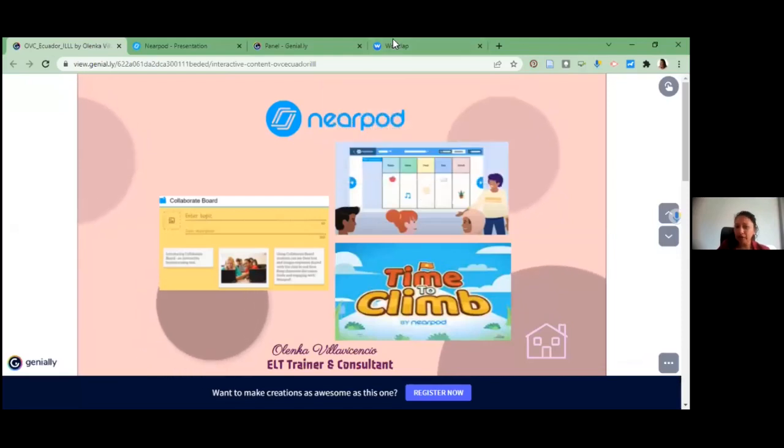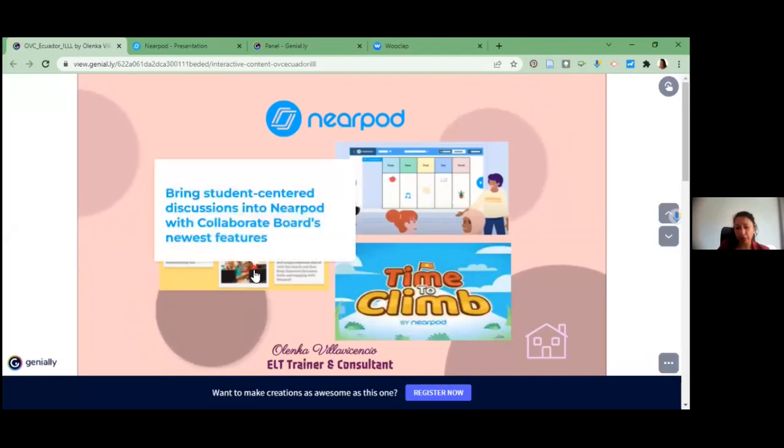Over there, I continue with the following. I would like also in my lesson, Digital Citizenship, to create a collaborative board. I think that the majority of you use Padlet, Google Jamboard, or others, Miro or something like that. So one of the most important features of Nearpod is bringing student-centered discussions into Nearpod with Collaborate Board.